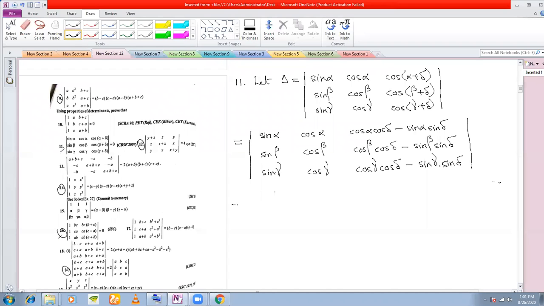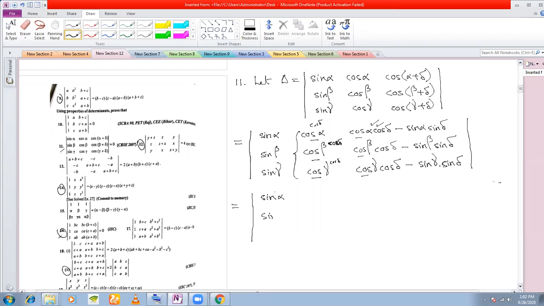Okay. Now see what happens. You have cos alpha here, you have cos alpha here, you have cos beta here, you have cos beta here, isn't it? You have cos gamma here, you have cos gamma here. That means what is missing here? Cos delta is missing in all these. So if you multiply this entire column by cos delta, and if you subtract from this, then all this will go, right?